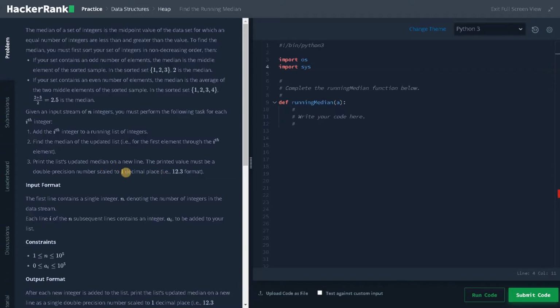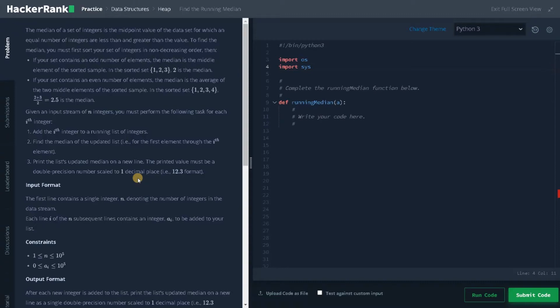So we need to make sure the value is a float, because I got some wrong answers in some test cases due to that. So be sure to remember this constraint. To solve this problem, we are going to initialize two heaps. One is a min heap and the other one is a max heap. Using these two heaps, we are going to find the median and print it. So the total time complexity will be n log n. I will explain the detailed logic while coding with an example.